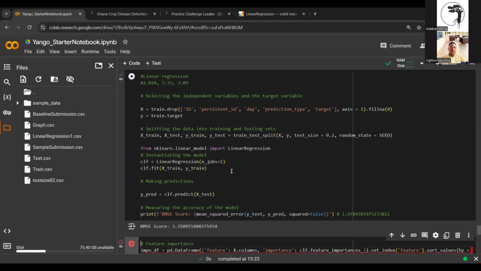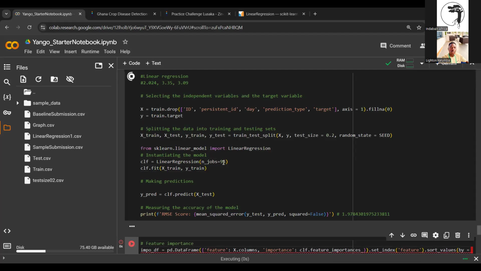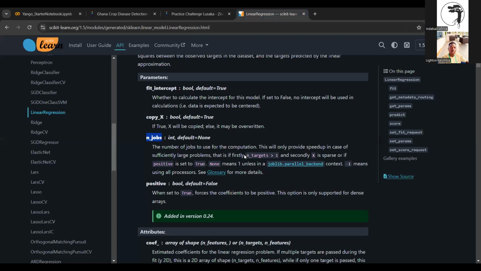3.35. So even after putting this parameter, it has given us the same thing. So let's put a parameter which is outside, which can try to create a big difference. Still the same thing. So okay, but